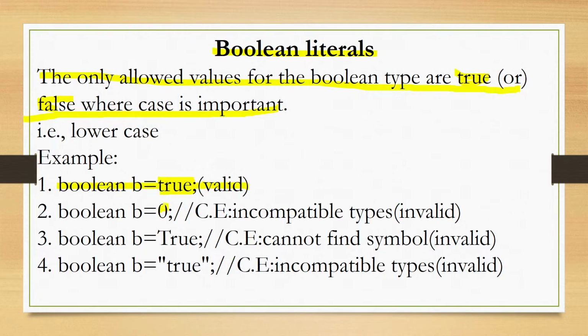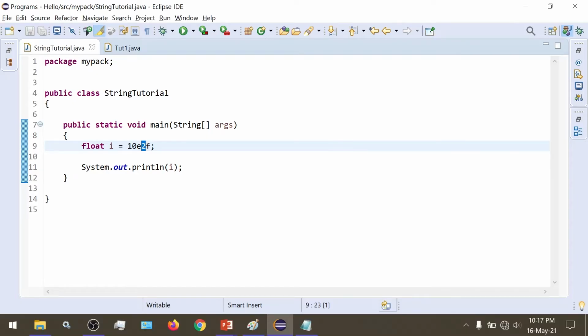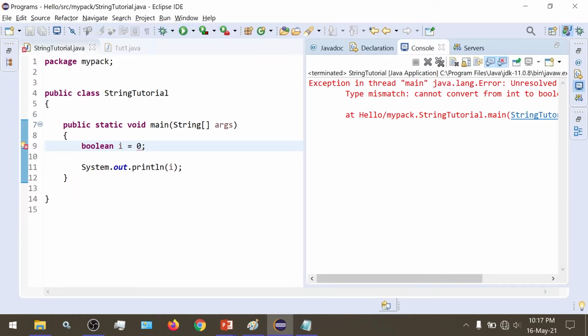And if we try to specify any other values, so let's see. When we run this, we get the output true. Similarly, if we give false, then too we would get the correct output. And if we try to give 0 here, then we would get an error. So we got an error.